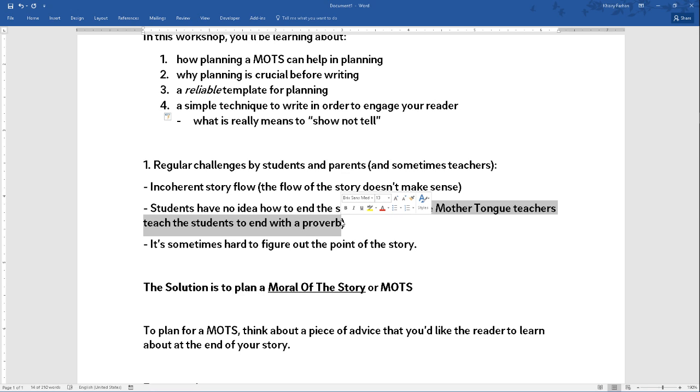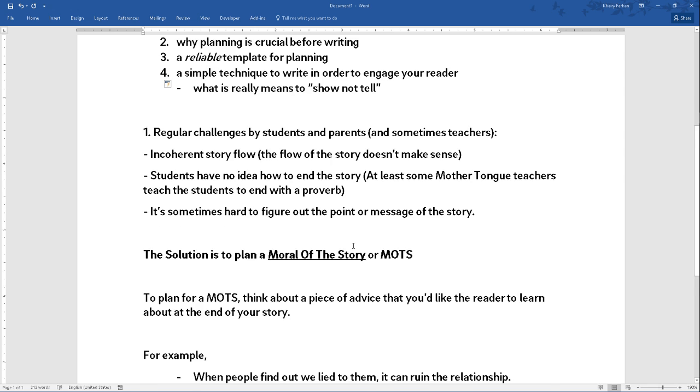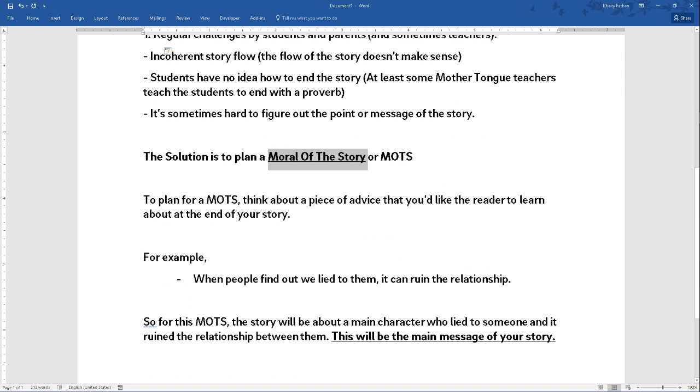And so while that's good, sometimes it doesn't match the story, or it's too simple and not something you can do to get higher marks. And then lastly, it's sometimes difficult to figure out the point or the message of the story. So the best solution that I figured out is actually to start with having a moral of the story